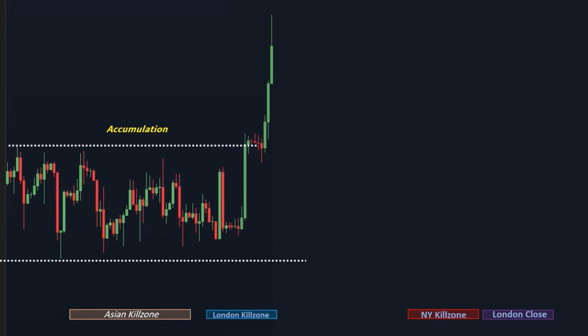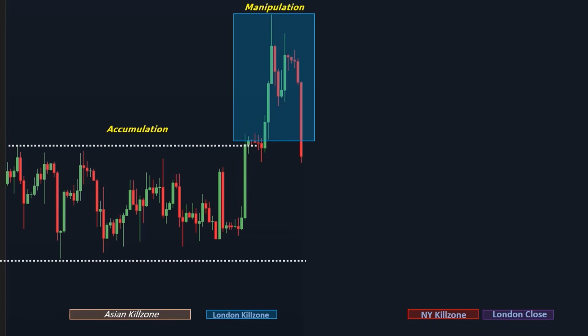Asian session. Then, as we enter the London kill zone, price moves upward with momentum and then quickly reverses after this move. This sudden shift in momentum breaks below a recent swing high, creating a clear market structure shift. At this point, we've now completed both accumulation and manipulation, and price is signaling entry into the distribution phase. Notice what forms here: a 15-minute PD arrays, specifically, a mitigation block and a FVG. This structure is a clear sign of smart money involvement, and the mitigation block becomes a high probability zone for